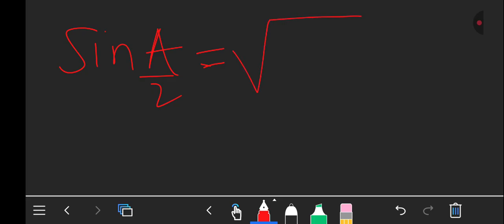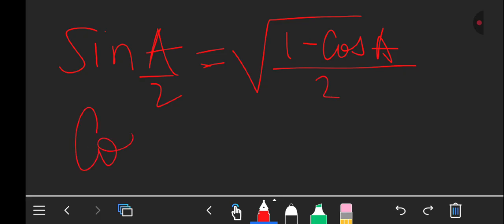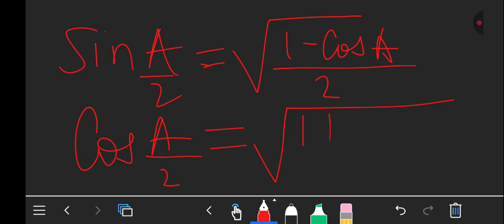We know that what comes out of the square root can either be positive or negative. So when we have this to be equal to square root of 1 minus cos a over 2, and we know that the half angle for cos is simply equal to square root of 1 plus cos a over 2. You can simply find now the half angle for tan,